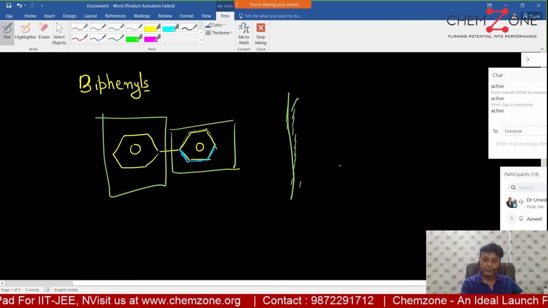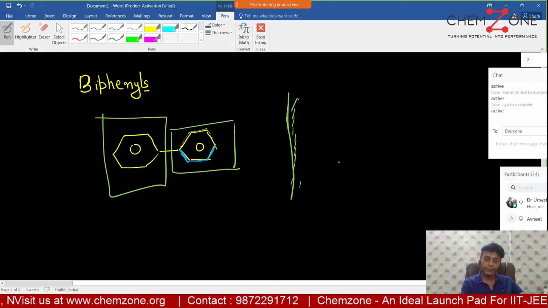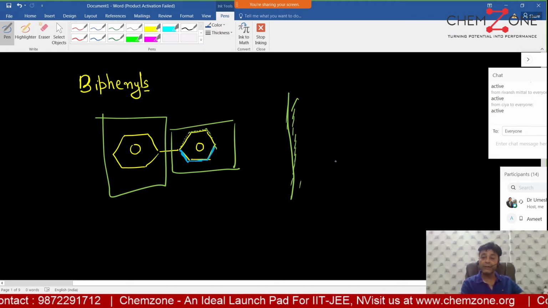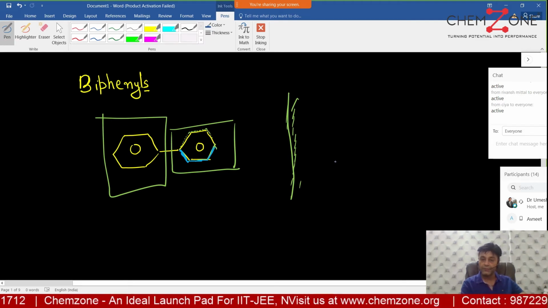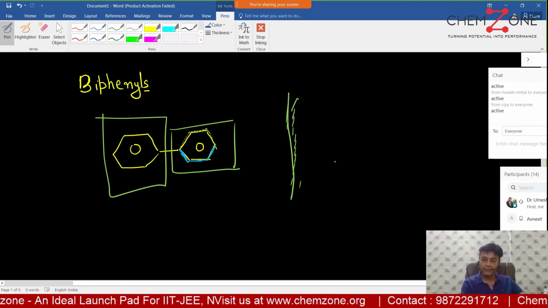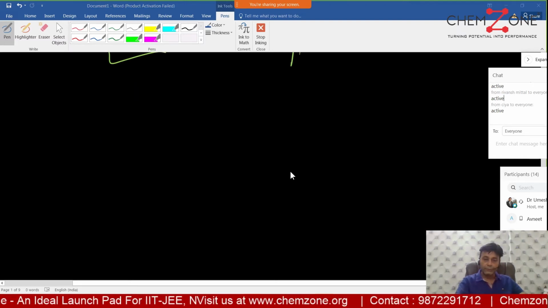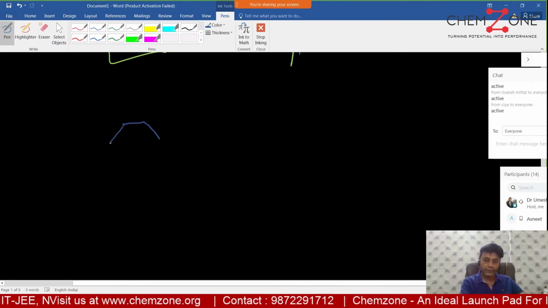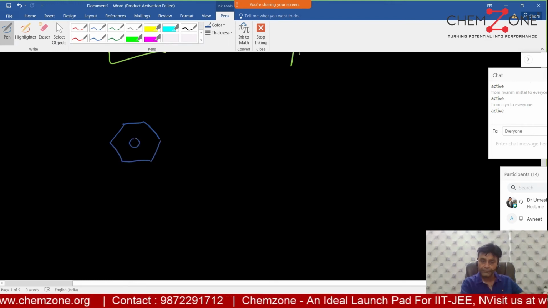Why are you thinking so much? Left becomes right, right becomes left, it will not superimpose. A laterally inverted image is formed, and this is called a biphenyl, right? Am I clear? Now, the necessary condition for a compound to be optically active is that the two rings are perpendicular to each other. Number one.